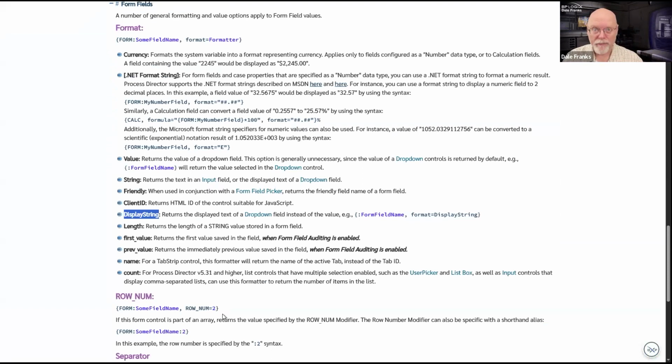Now, there are a couple of different list controls. Certainly drop downs are list controls. List boxes are list controls. Radio button list controls are, as the name implies, list controls. It's right there in the name. And these controls can all have a separate value and display string.